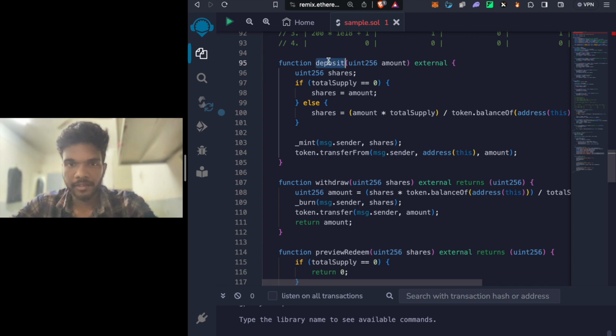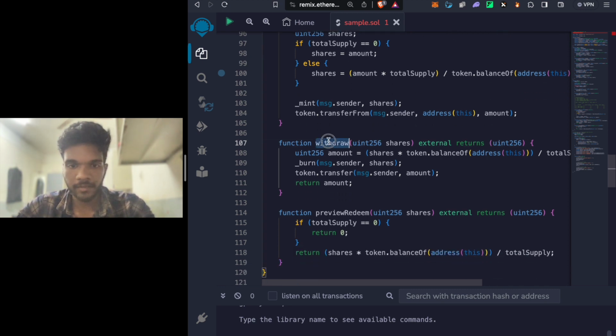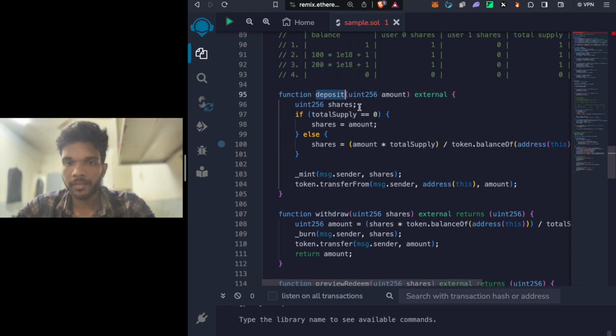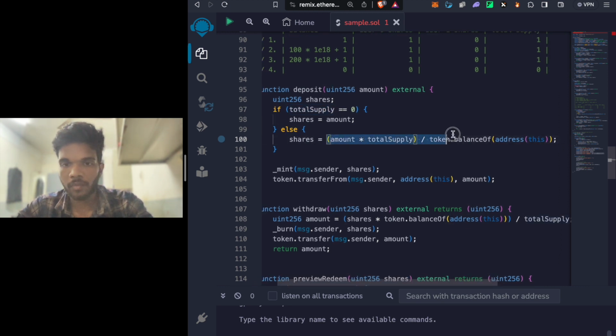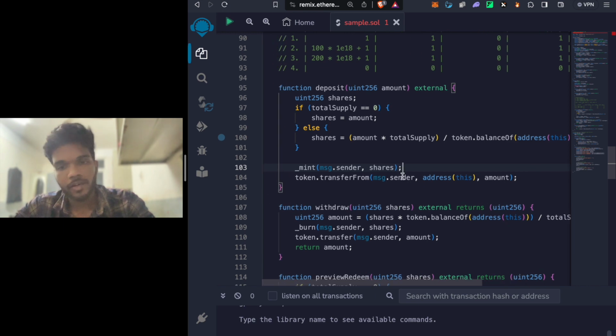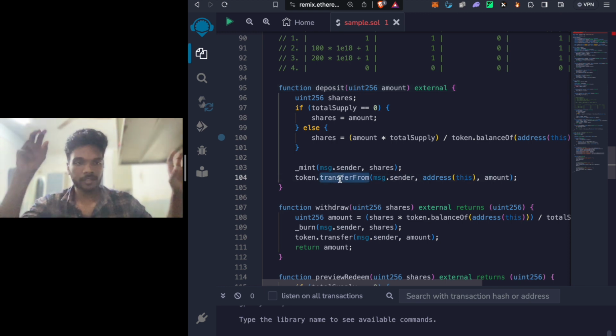So we have the deposit function. This is a very important function. The deposit and withdraw functions are very, very important. When depositing, if the totalSupply is 0, the amount that you deposit is going to be the share, right? If the totalSupply is not 0, then we calculate the amount of the share with this formula: amount multiplied by totalSupply divided by the token balance of this contract. And we mint the share to the msg.sender who called this deposit function, and we transferFrom the msg.sender to this contract the amount that the user wants to deposit,